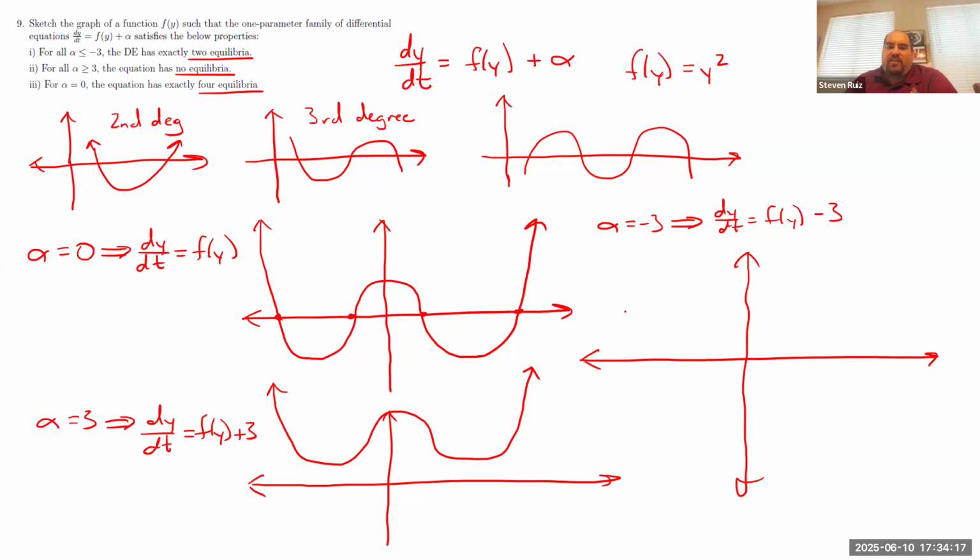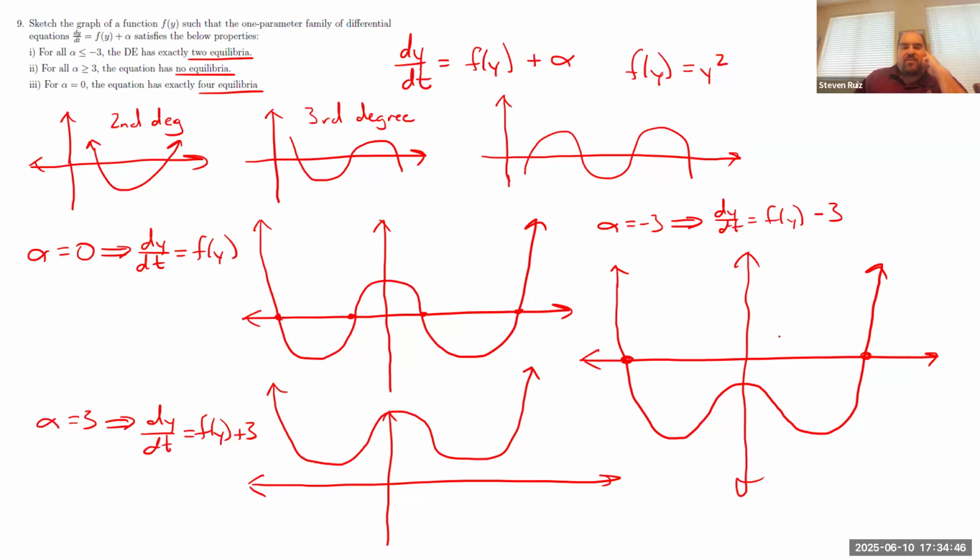So I want to reduce it so it looks like this. So I have an equilibrium point here, an equilibrium point here. And what it says is for all alpha less than or equal to -3, since this graph continues infinitely upward, it doesn't matter how low I make this graph,